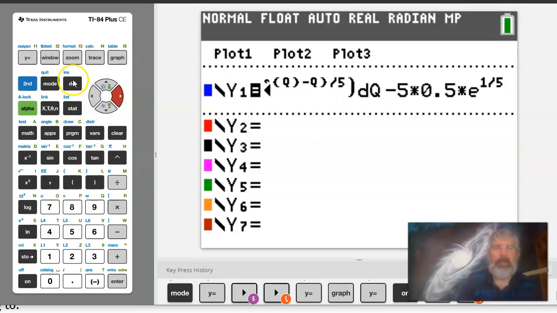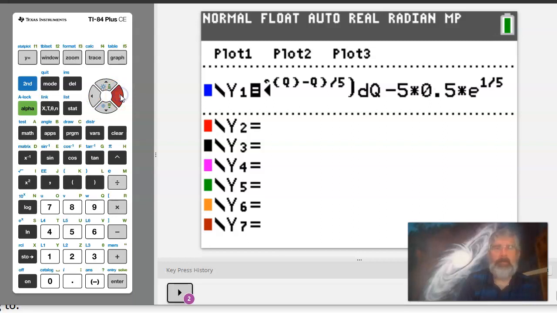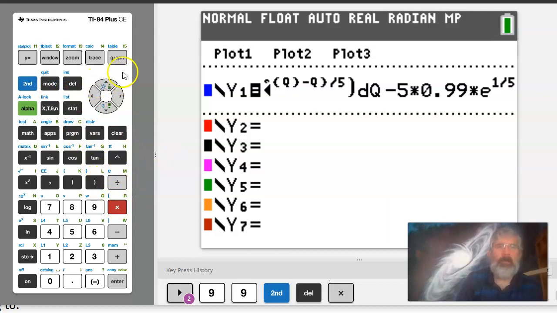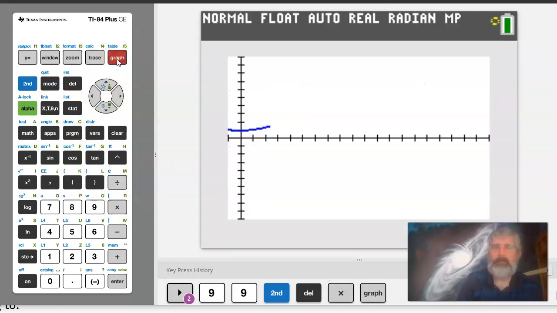If I change that 0.5 to a 0.9, let's say to a 1 or 0.99, just go, whoops. What do I have to do? I have to insert times, there we go. And now look at the graph. And now what happens is it climbs, and you can see that for some values of y0, the